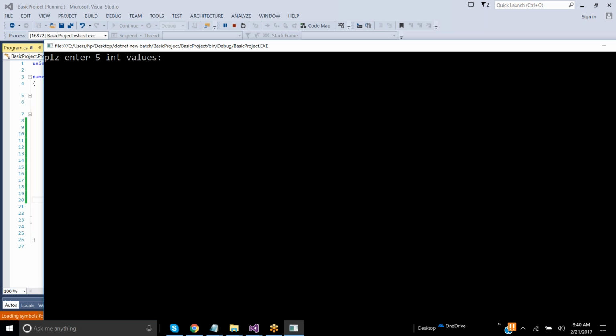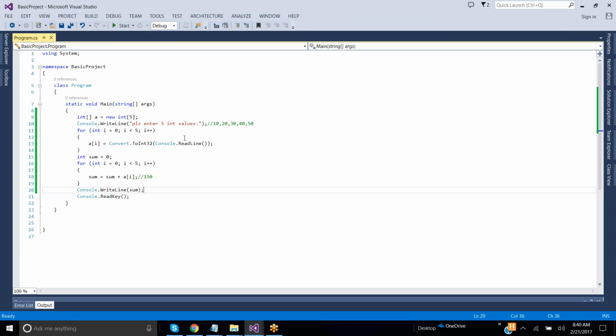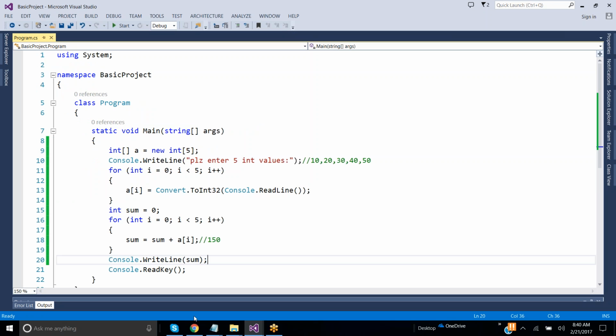See here, all of you. Tell me again, 10, 20, 30, 40, 50. See, 150 came, right? Like this, we can display the values with the help of arrays. We can read many values from our output screen, or else we can statically enter the values in the array, and we can read the values, sum the values, and perform all these things with the help of arrays. Take the screenshot of this, make it fast, all of you, so that we'll see the other example.